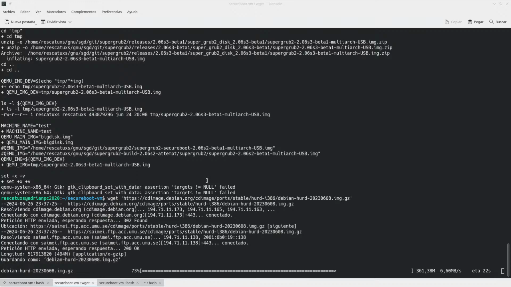You know what I mean? But it doesn't make sense. So the best thing to do if a distribution can boot from an ISO file is just, you know,